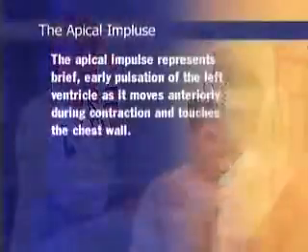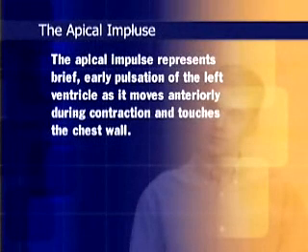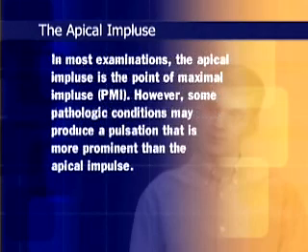Next, identify the apical impulse. The apical impulse represents the brief early pulsation of the left ventricle as it moves anteriorly during contraction and touches the chest wall. Note that in most examinations, the apical impulse is the point of maximal impulse, or PMI. However, some pathologic conditions, an enlarged right ventricle, for example, may produce a pulsation that is more prominent than the